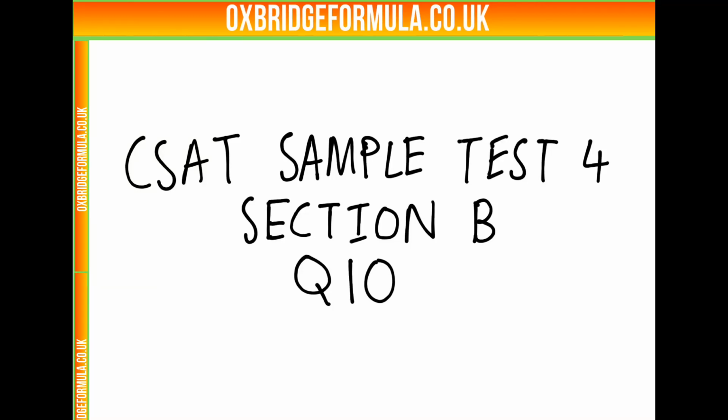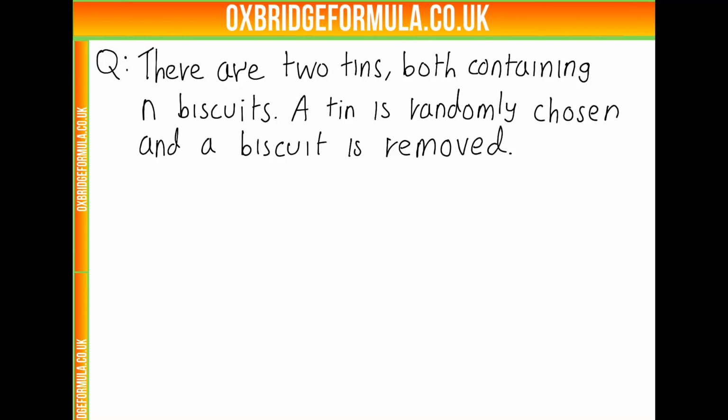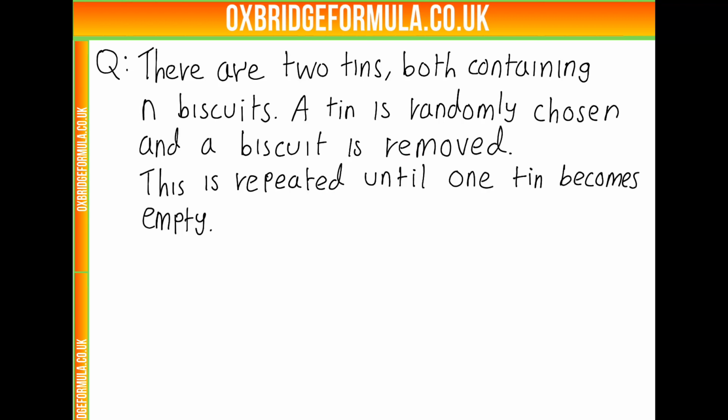This is the solution video for question 10 from section B of the fourth sample test for the CSAT paper. In this question, we're given two tins, both containing N biscuits. We randomly choose a tin and a biscuit is removed. We then repeat this process, removing biscuits from randomly chosen tins until